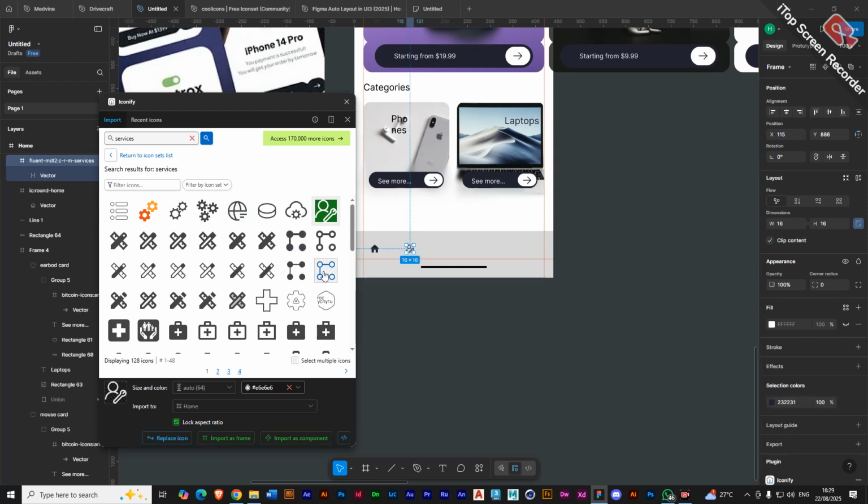If you are not content with an icon, probably you want to change it, you just replace it. This icon, this button here, just click on replace. Okay,